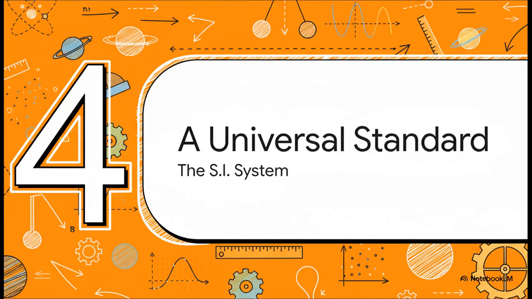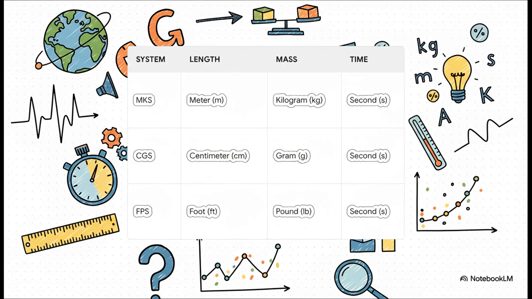All right, so we've established that units are essential. But here's the thing. For scientists all around the globe to be able to talk to each other and understand each other, they all need to be using the same units. We have to have a universal standard. Because historically, this whole situation was just a complete mess. I mean, you had all these different systems all over the world. You had the MKS system, the CGS system, the FPS or imperial system that some places still use. It was basically like everyone was speaking a different dialect of the same language. It made working together really difficult and super prone to errors. Just try to imagine building a space probe when one team is measuring in meters and the other team is using feet. It's a recipe for disaster.